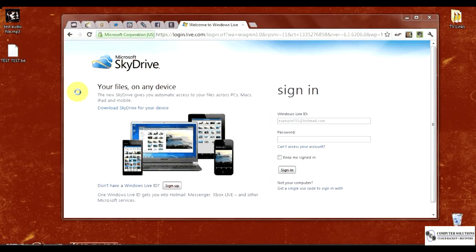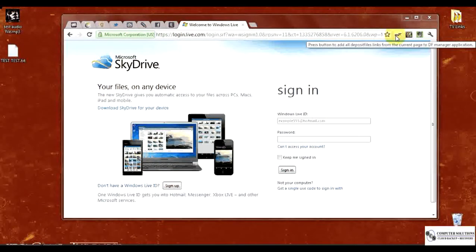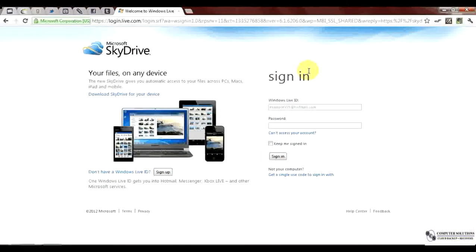Alright, today I'm going to show you how to upload and share files to Skydrive that are primarily too large to email. So we're talking about our larger video files and audio files, or maybe large compressed folders of multiple documents. So the first thing we're going to do is navigate to skydrive.com and log in with